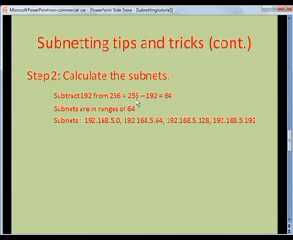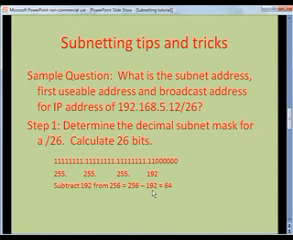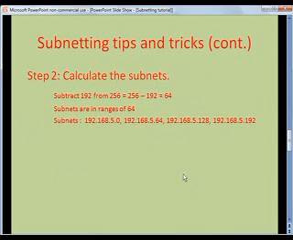So this is how you use this little trick here: you do 256 minus the last decimal value of 192, or whatever the appropriate decimal value is, and that'll give you the ranges of subnets. So 64. So our original host address was 192.168.5.12. So our subnets are